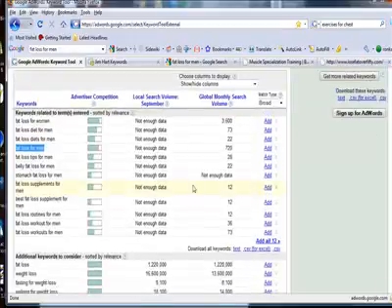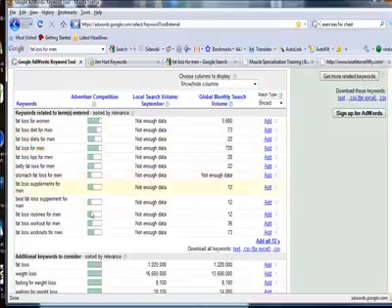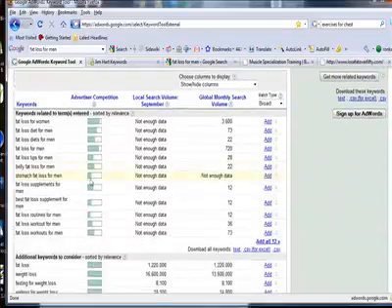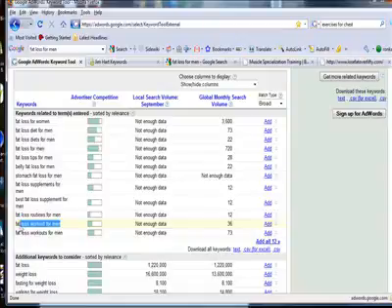But let's look at just based off of this advertiser competition, fat loss workout for men. Let me select the term here.